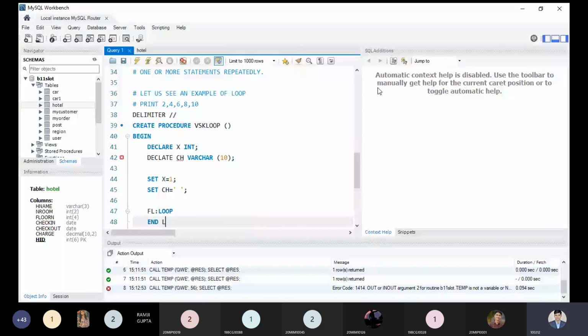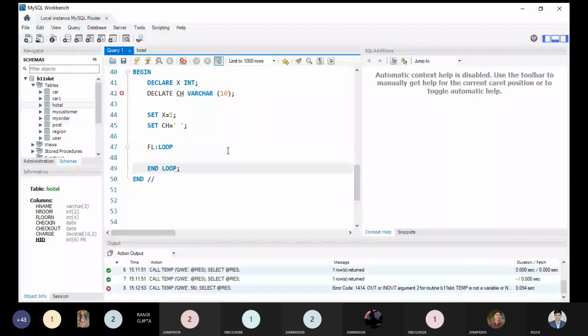This will be considered as a semicolon as well. Inside this one, I'm using the tab keys to differentiate the particular thing properly.